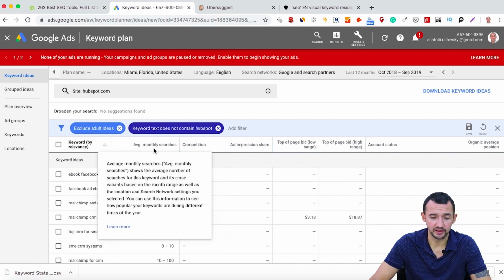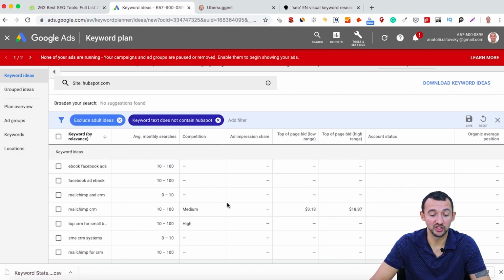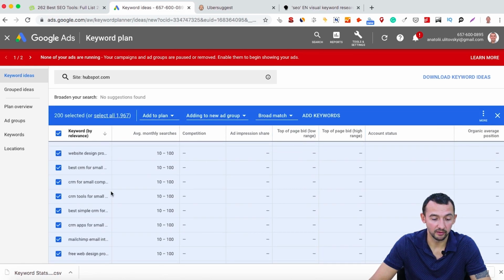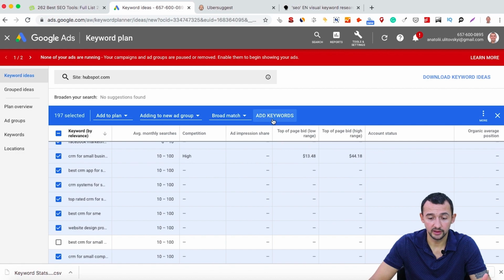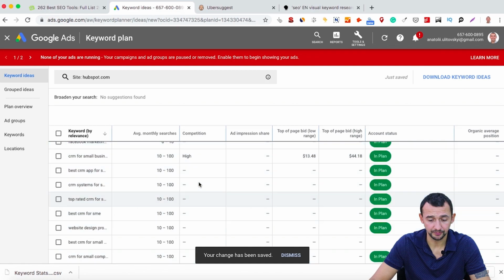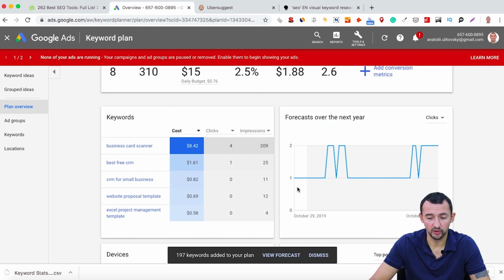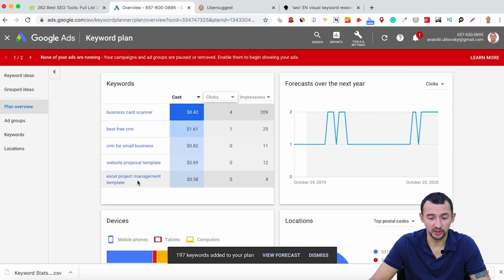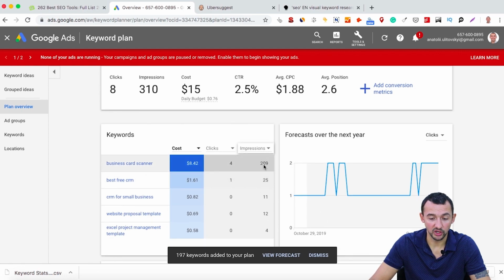I think you don't like this metric from 10 to 100. It's a whack magic metric, and what you need to do here is just highlight the keywords you like more. For example, we can choose what we want to check and add these keywords to your plan overview, and go to this option, plan overview, and we see here the list of these keywords and all impressions.